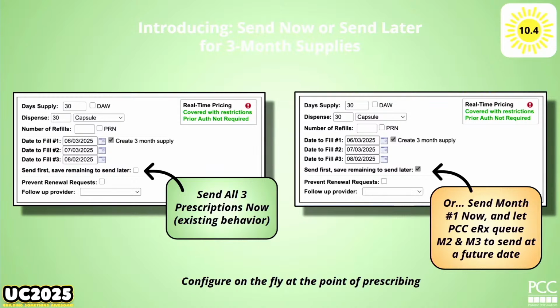What this will do is allow you to send one right now, and then in 30 days, there's a configuration I'll show you, but at a base level, imagine in 30 days this will pop back up on your queue and it'll say, hey, you prepped this 30 days ago, do you still want to send it? And you'll be able to send it at that point. And then here comes 60 days, the same thing will happen.